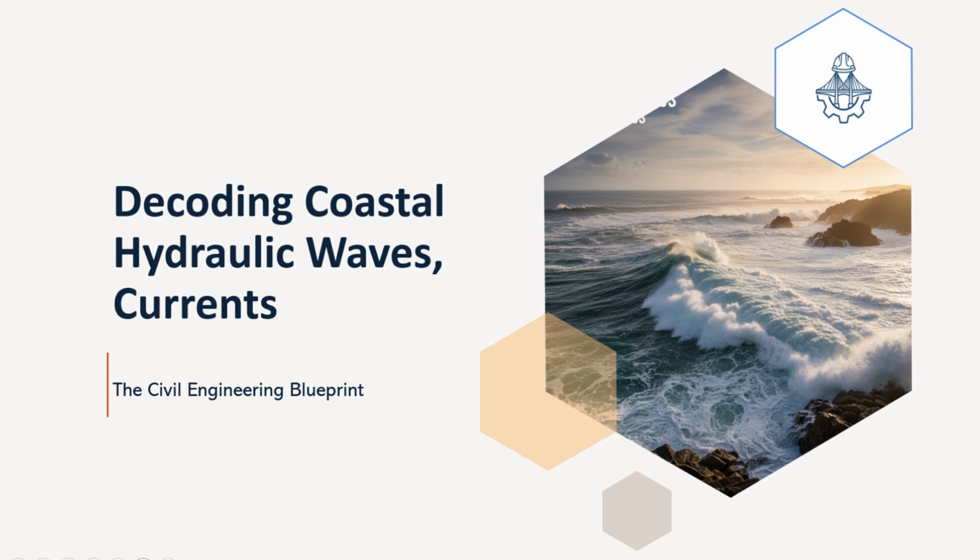Imagine a specific water particle initially at some mean or average position, x, z. As a wave passes, its actual position changes over time to x, z, t. The displacement from its mean position is what we denote by ξ(t), horizontal displacement, and ζ(t), vertical displacement. We can find these displacements by integrating the velocity components u and w with respect to time, making the approximation, valid for small amplitude waves, that the velocity at the particle's mean position is close enough to its actual velocity. Doing this integration yields